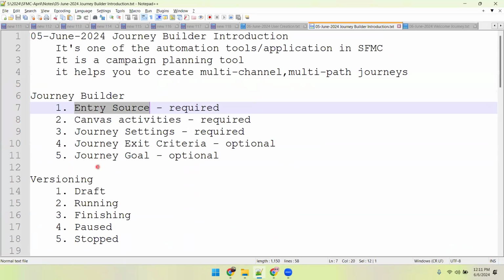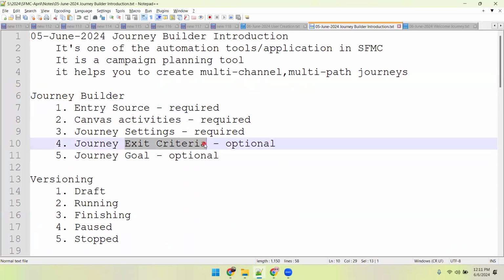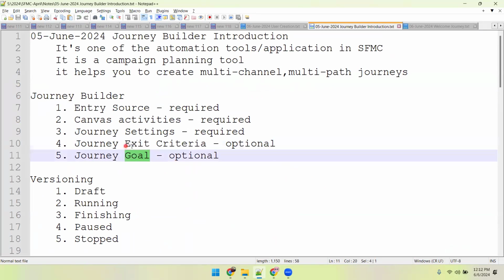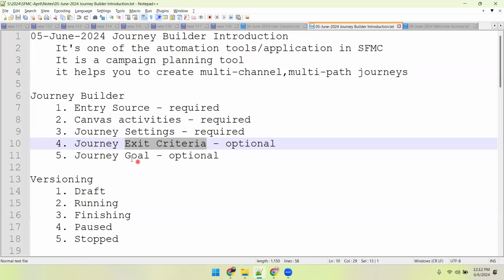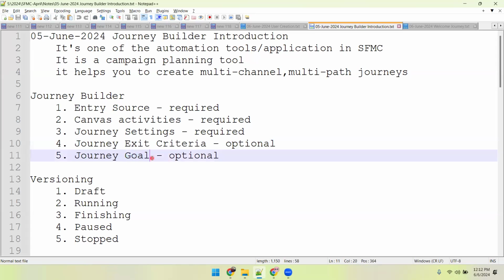So we have 5 things to configure: entry source, journey settings, canvas activities. Exit criteria is optional in the journey. Goal is optional in the journey. We will pick scenarios around these concepts, and we will be building the journey around them to understand these options. So 2 things are optional, 3 things are mandatory: entry source, journey settings, and canvas activities. As of today, we'll be having only one, which is